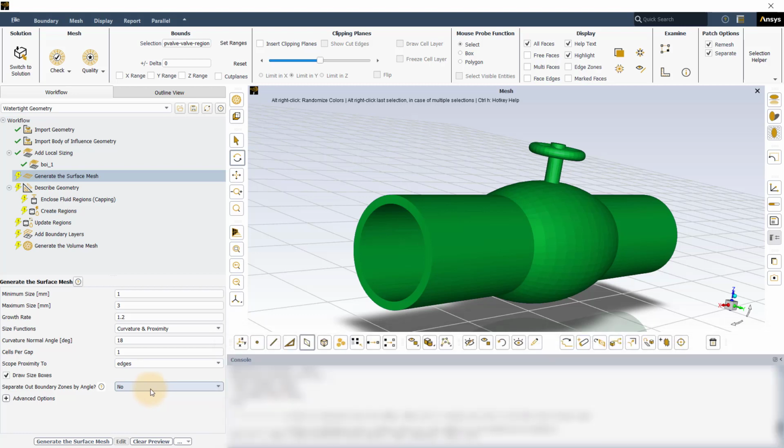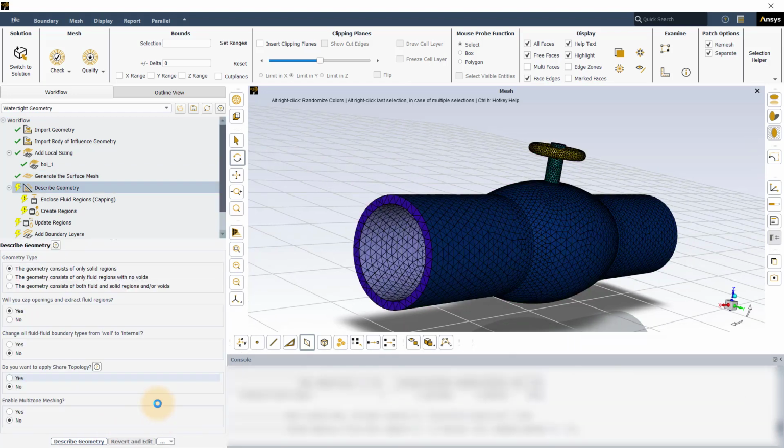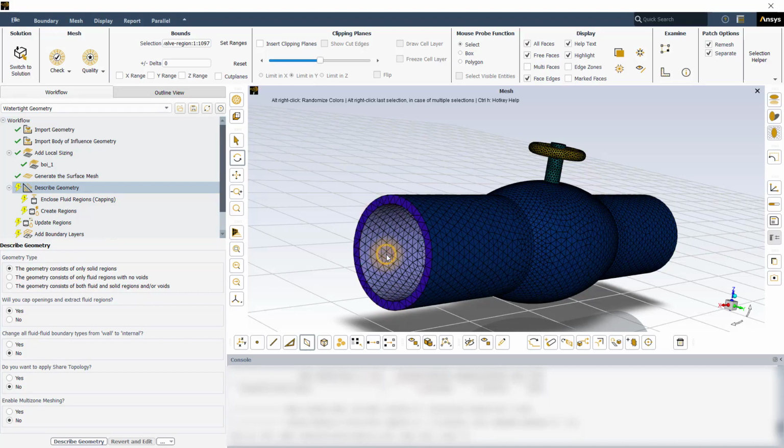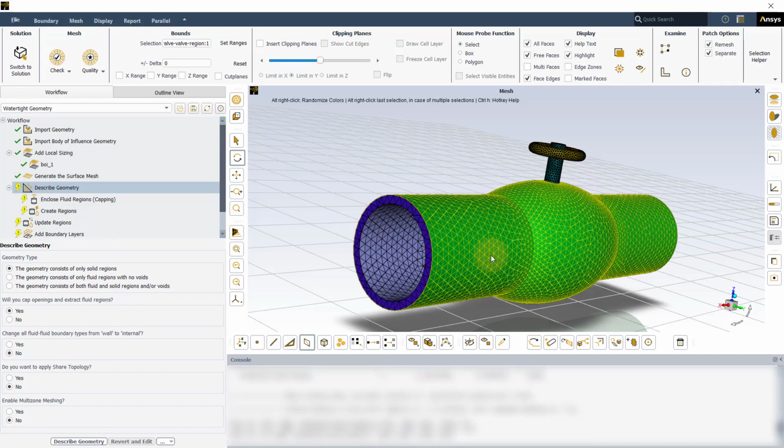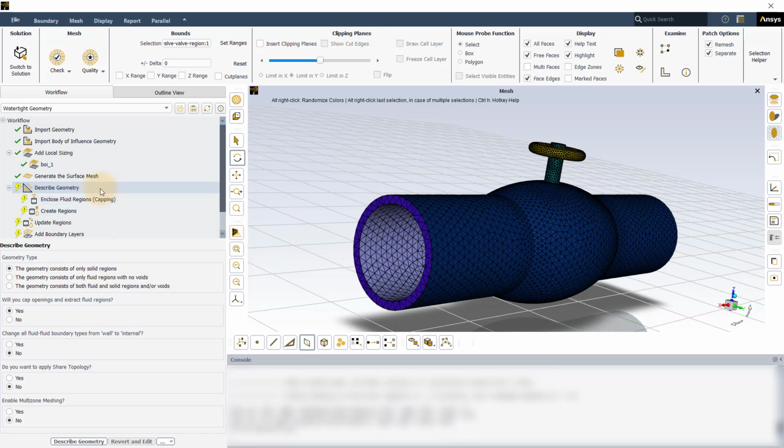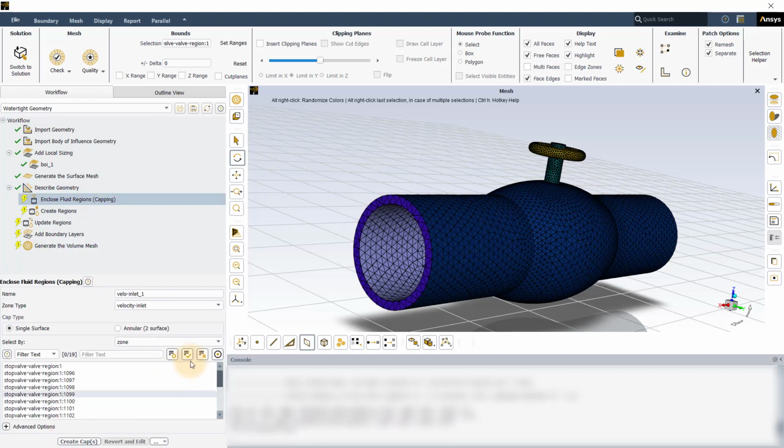Therefore, set this option to Yes and keep the separation angle to its default value. Execute the task to generate the surface mesh. Once the mesh is generated, look how the zones are now defined independently. In the Describe Geometry task, under the Geometry type, select the geometry consists of only solid regions. As we have to cap the openings and extract the fluid domain, set this option to Yes. Now, set the next inputs to No and move to the next task, that is, Enclose Fluid Regions task,